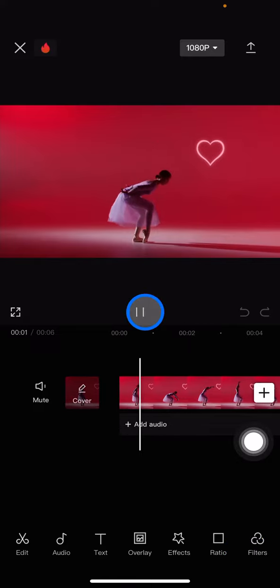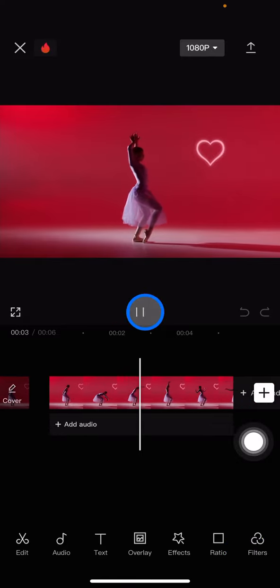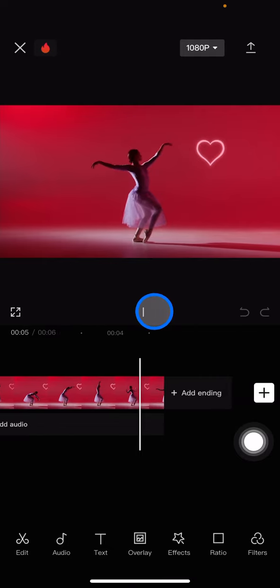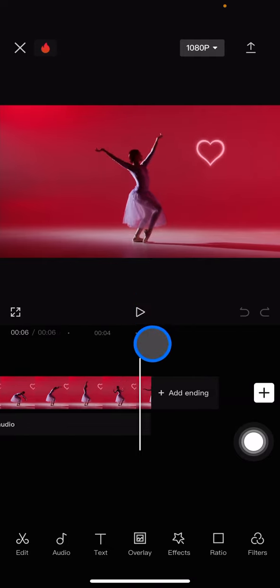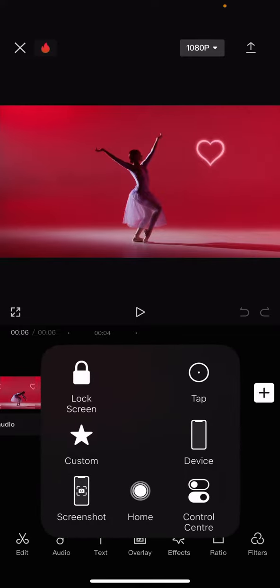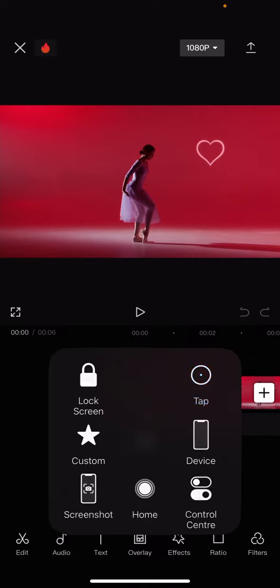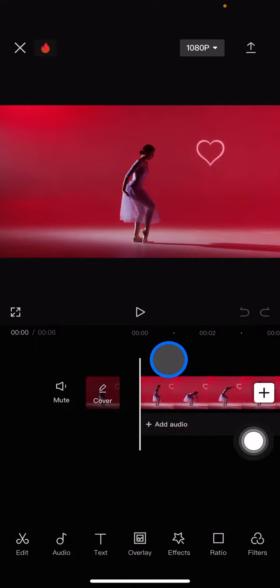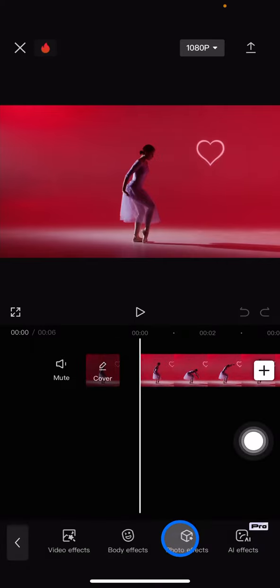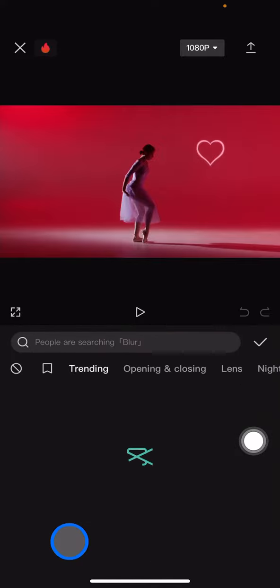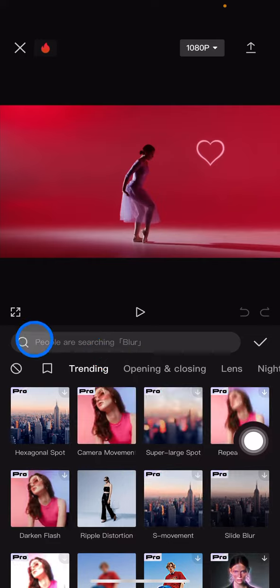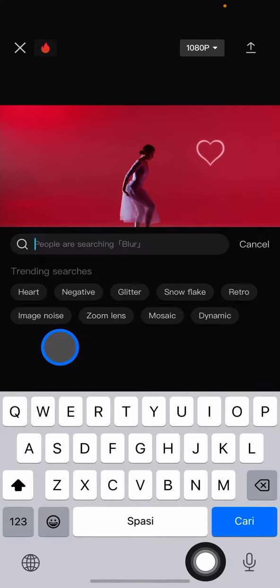Let's have a test first. So now, to get a zoom in effect for this video, it's so easy. Make sure that this straight line is in the first part of the clip, and once you have put this straight line in the first part of the clip, you just need to click on effects. And now you just need to choose this video effects. To make it fast and simple, click on the search button and type zoom,